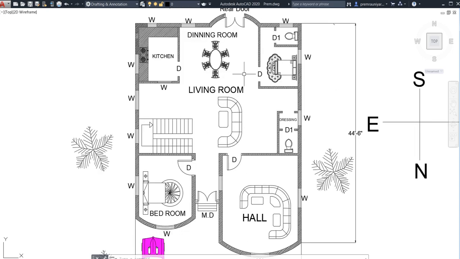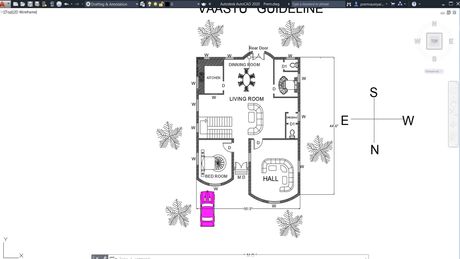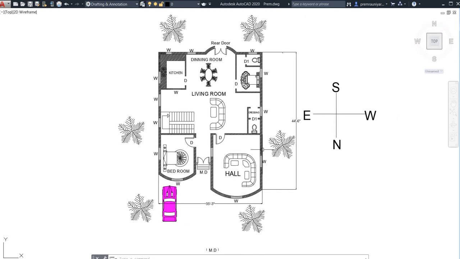So this plan is according to this direction. If you rotate the direction of the plan, your compass will be rotated in that direction. So my best appeal to you is please follow the Vastu rules before constructing any kind of building plan, whichever software you are using. But if you are a good AutoCAD draftsman, you need to know, for beginners, who is the master on that, have much more knowledge about these things.